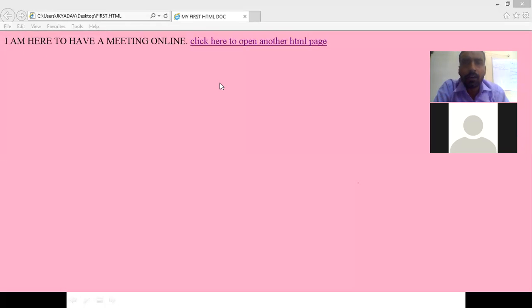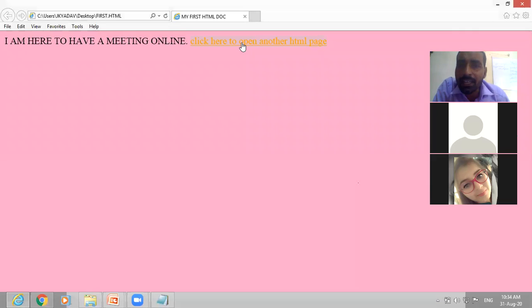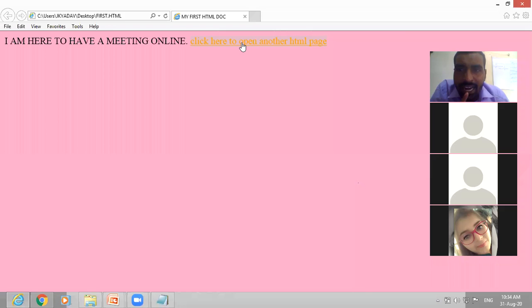Okay. Now I have taken the mouse on the link. As soon as I click it, you can see the link has become orange. When I have clicked it, I have just touched it. When you touch the link, automatically it becomes orange, meaning it becomes the color we have defined for A link. A link means active link.